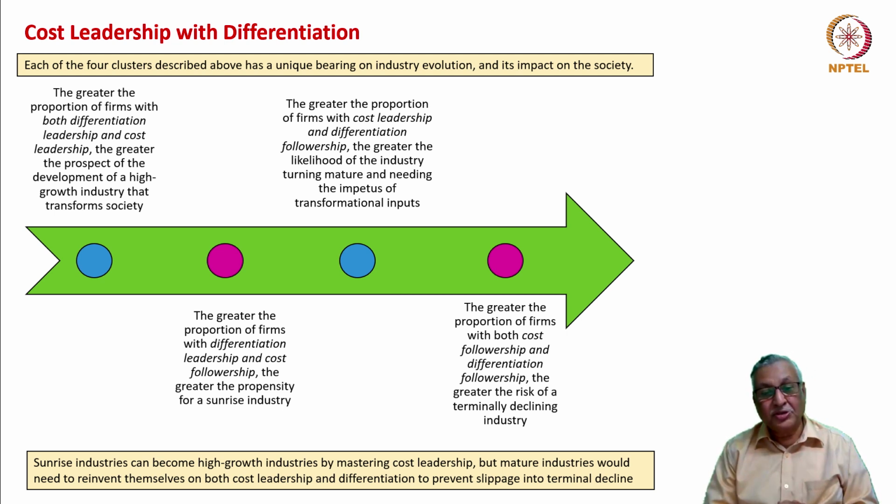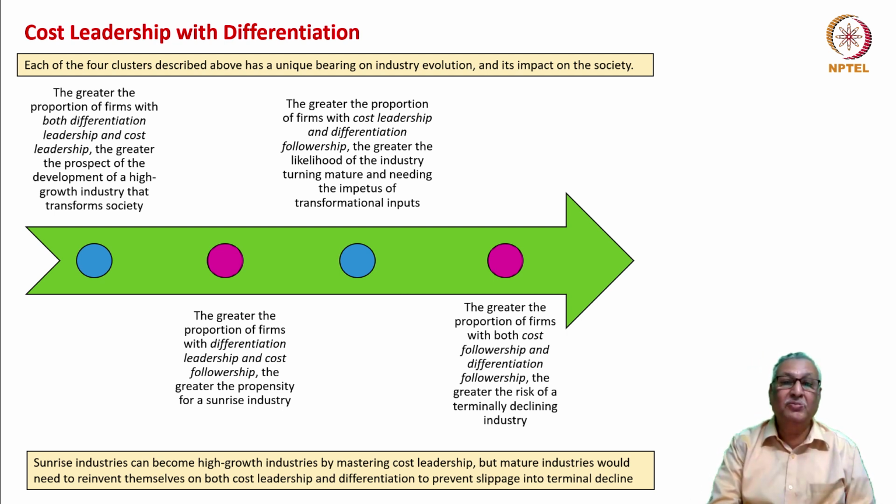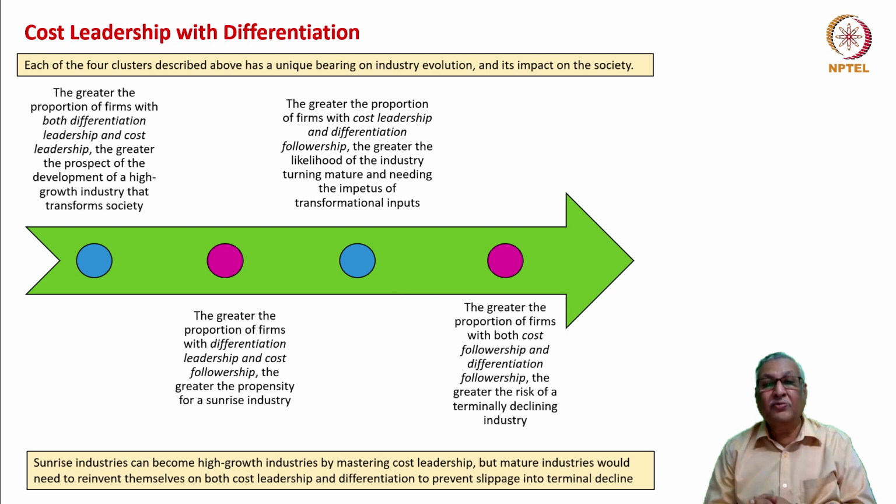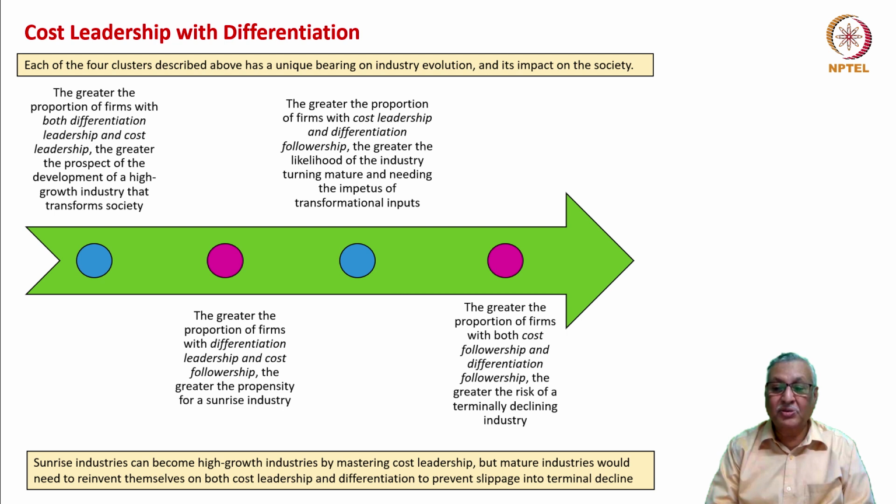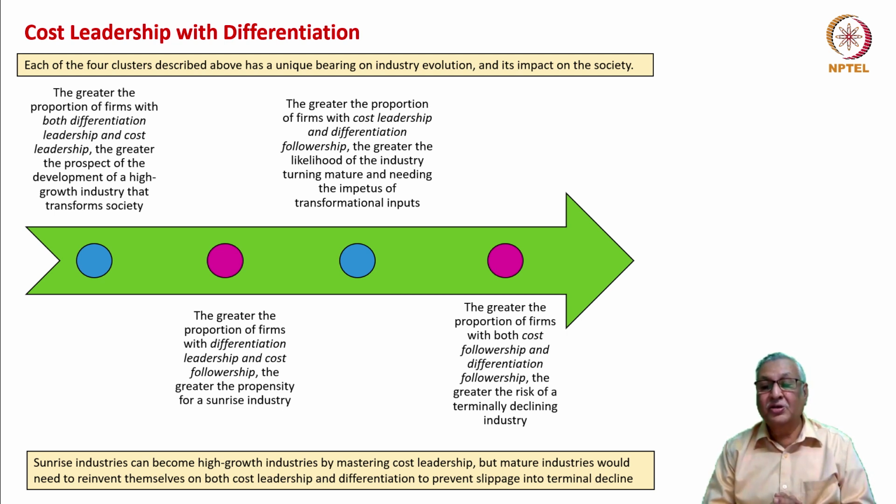The greater the proportion of firms with differentiation leadership and cost followership, the greater the propensity of a sunrise industry. The greater the proportion of firms with cost leadership and differentiation followership, the greater the likelihood of the industry turning mature and needing the impetus of transformational inputs. The greater the proportion of firms with both cost followership and differentiation followership, the greater the risk of a terminally